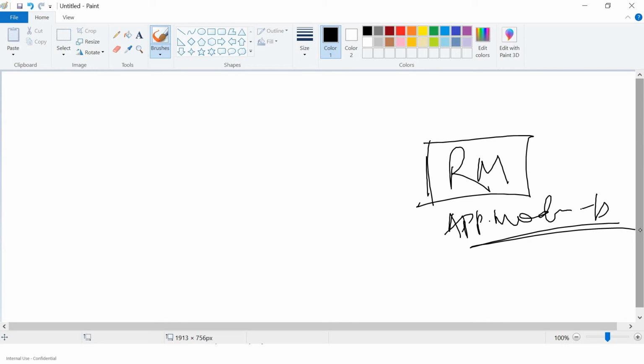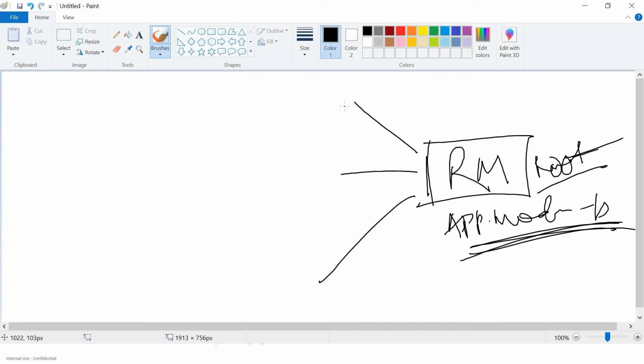Root module is the base module, ROOT. So app module.ts is the root module, and it has the following three modules: dashboard module, admin module, and user module.